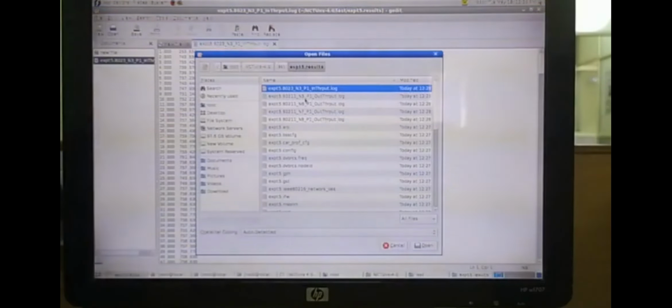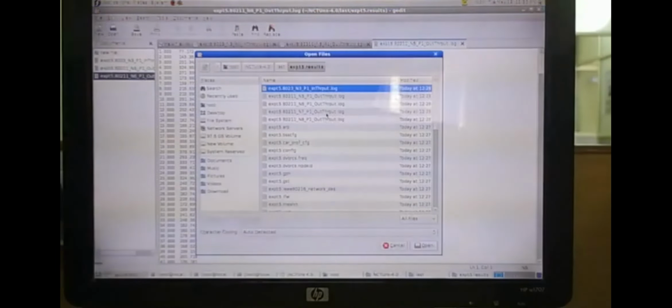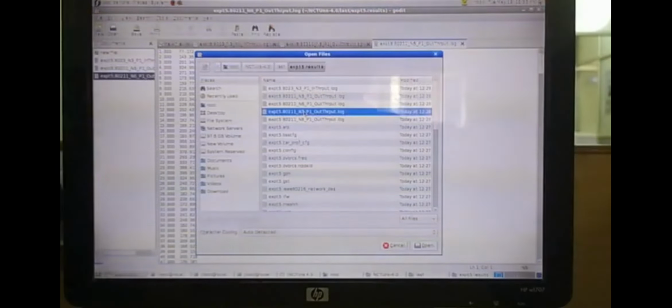Then I'll open N5. This is the first mobile node I configured, and these are the number of packets it transmitted. Similarly N6, the second mobile node in the access point 1 network, also sent many packets. Similarly for the other wireless access point, the first mobile node in it is N7, and these are the packets it transmitted.